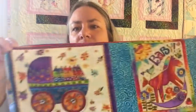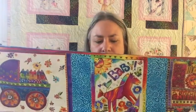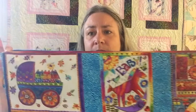Anyway, if I used 2 of these repeats, they're not really a panel, they're more of a stripe, it was going to be too big for the quilt, and I didn't want anything to be cut off. So I cut 1 panel and I framed it with the flannel. There wasn't enough to do the whole back of the quilt in. And it's kind of an offset